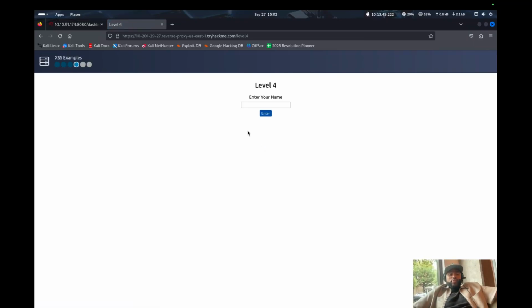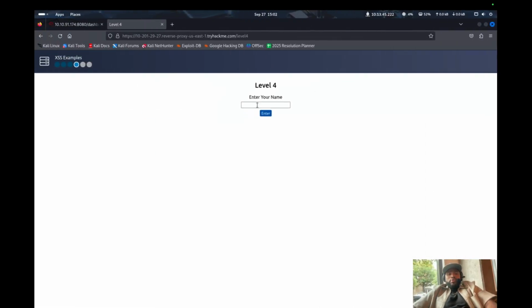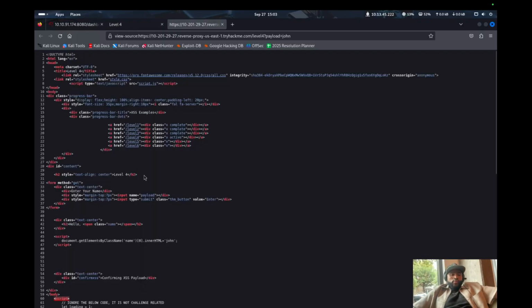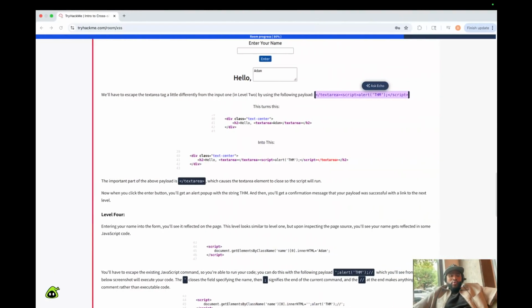We're going to click on level 4, and we do the same thing again. We're going to put Johnny. John, it does not matter, honestly. You put your own name as well, and then you go to page source. If you look at John, John is not even here. Oh, John is in the document.getElementsByClassName inside this HTML file here, and the John is included here. So to skip out of that, what we will be doing is